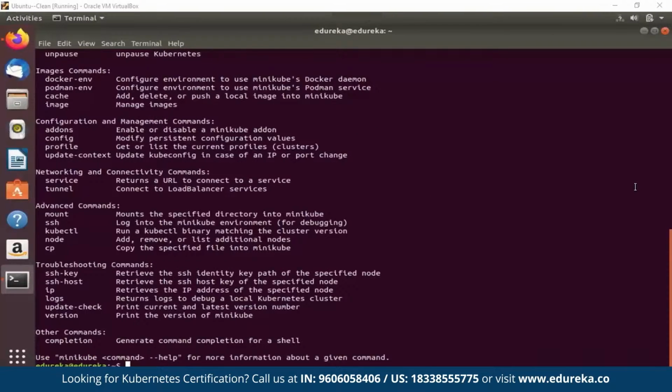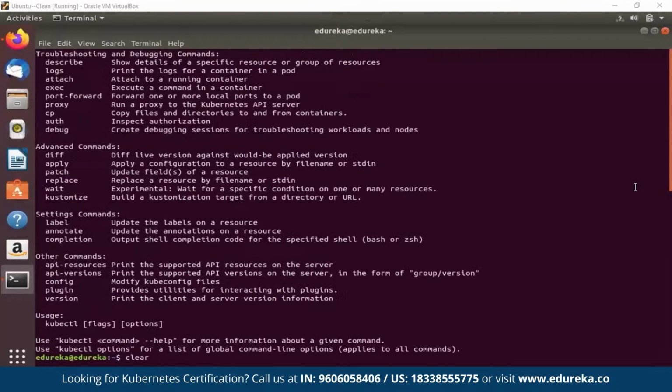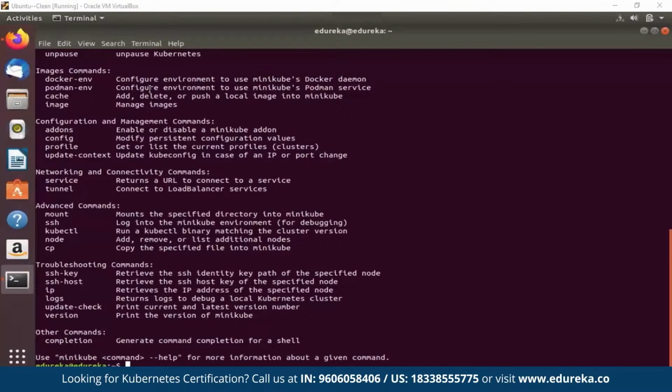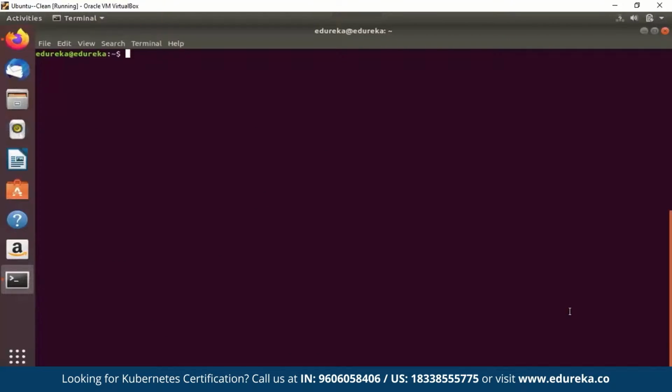You can see that there are configuration and management commands like add-ons, config, profile. There are also advanced commands. You also have troubleshooting and debugging commands like describe, cp, and others, which inspect authorization, and many other commands that you can use. We will now create a Kubernetes deployment named hello-minikube using an existing image named echo-server, which